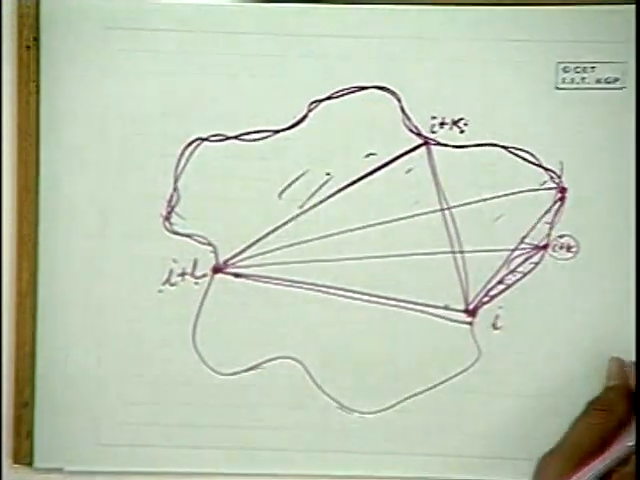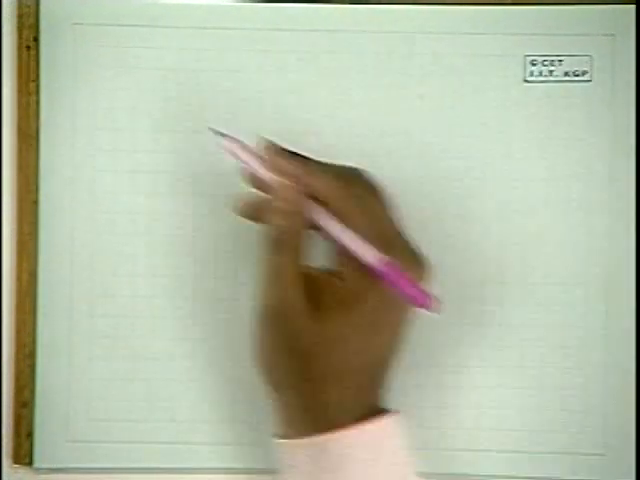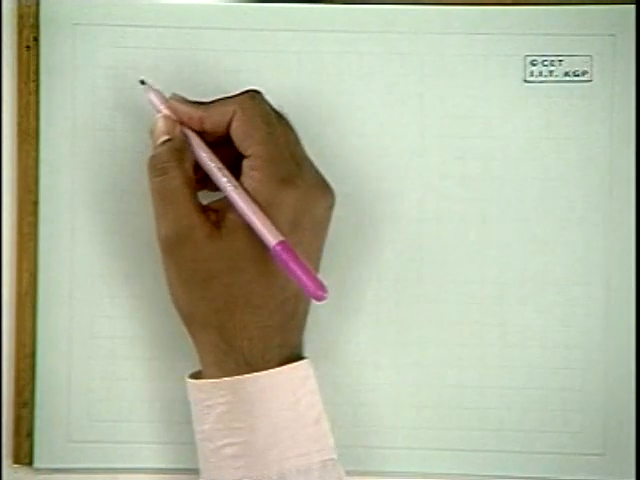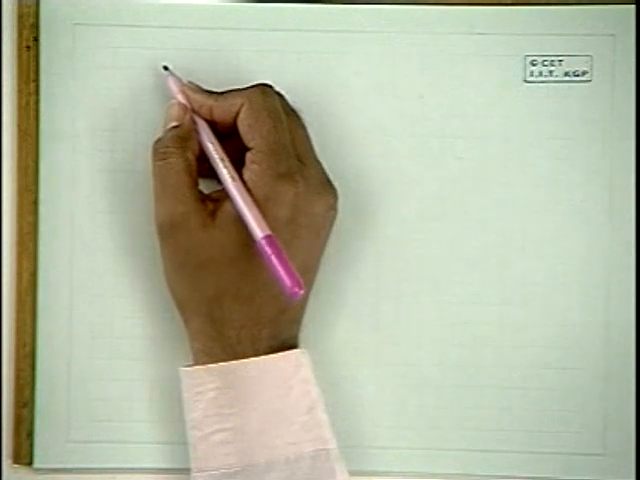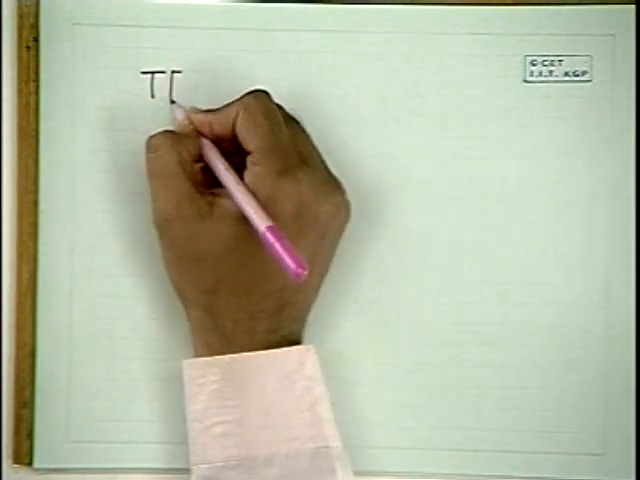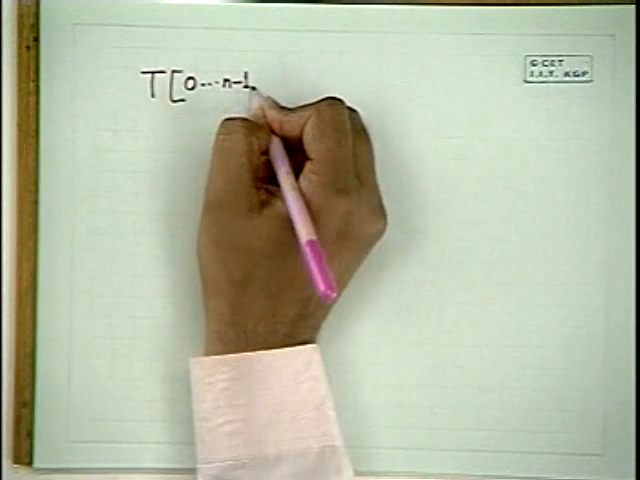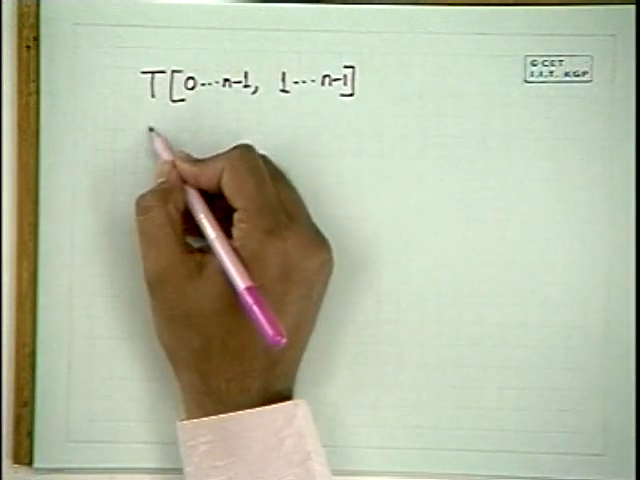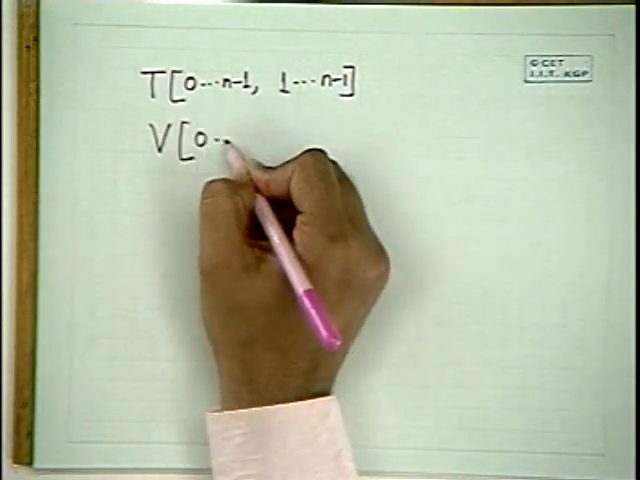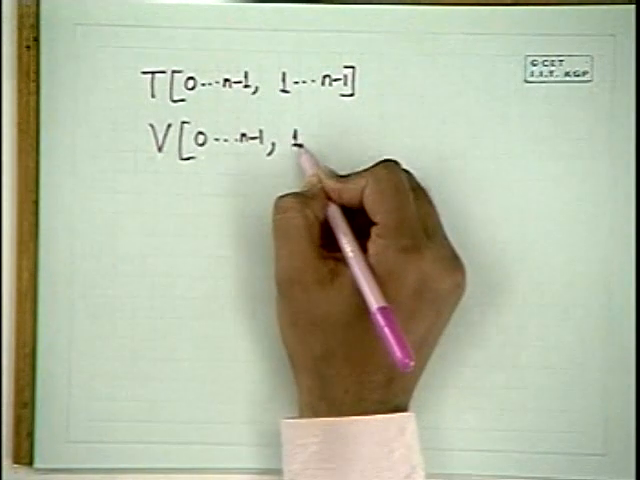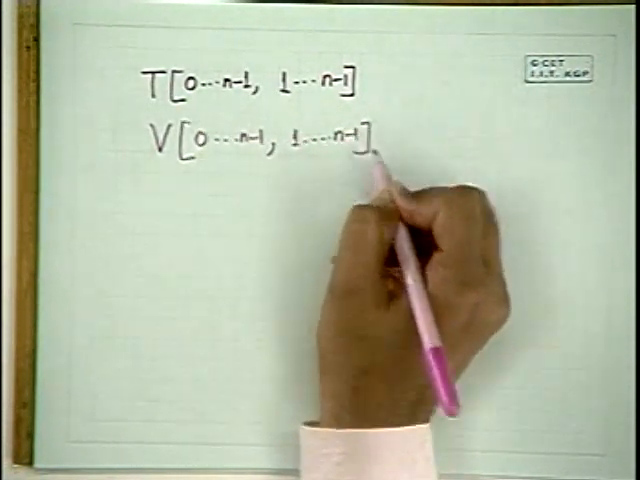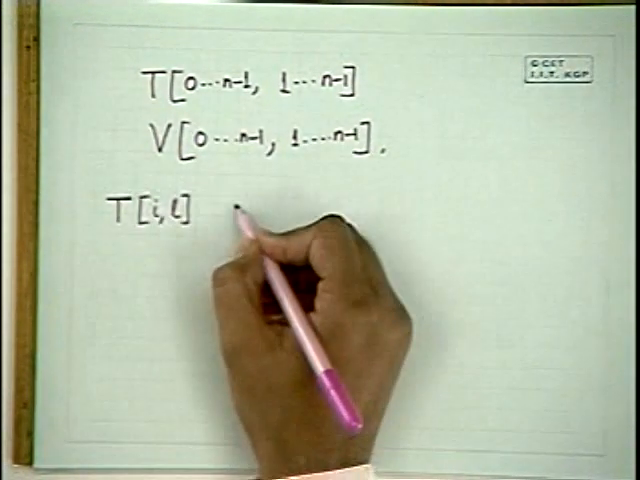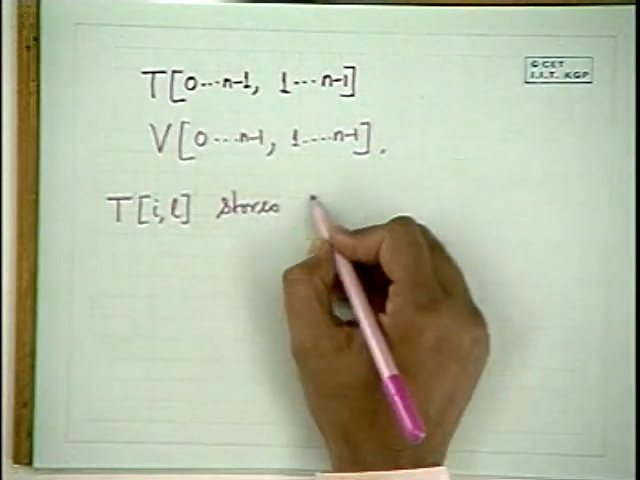So let me now tell you the algorithm. I will be using 2 matrices again to keep as the dynamic programming table. I need to use some table. One is T, which goes from 0 to n minus 1 and 1 to n minus 1. And there will be another table V, 0 to n minus 1, 1 to n minus 1. What does it do? T[i][l] stores the weight